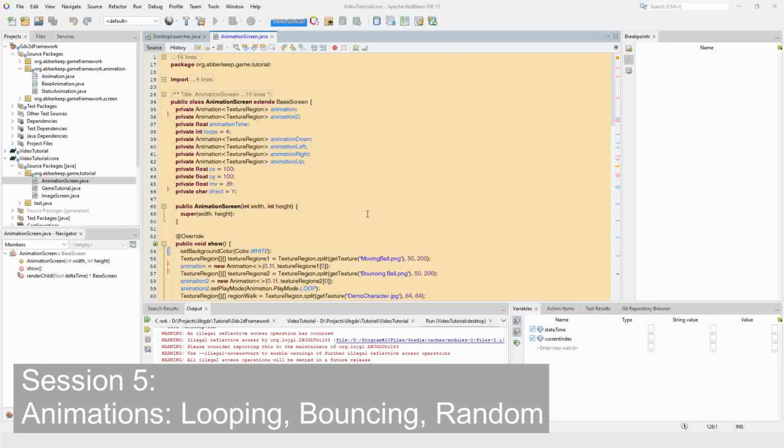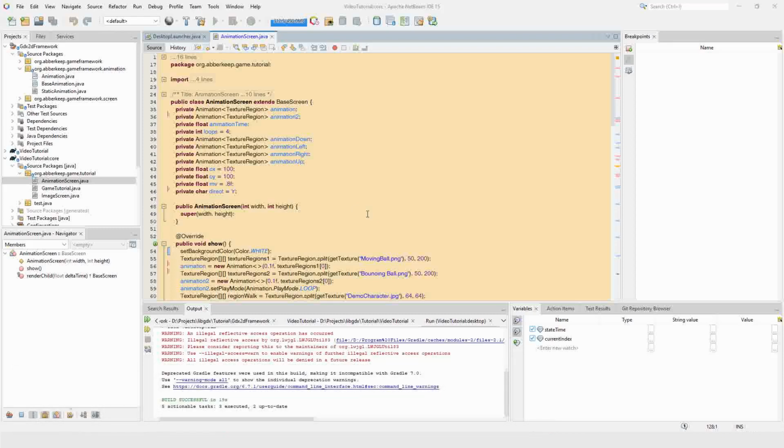Today we're going to go over the animations, and we're going to cover the loop animation, the ping pong animation, and the random animation. First thing we're going to do is take a look at